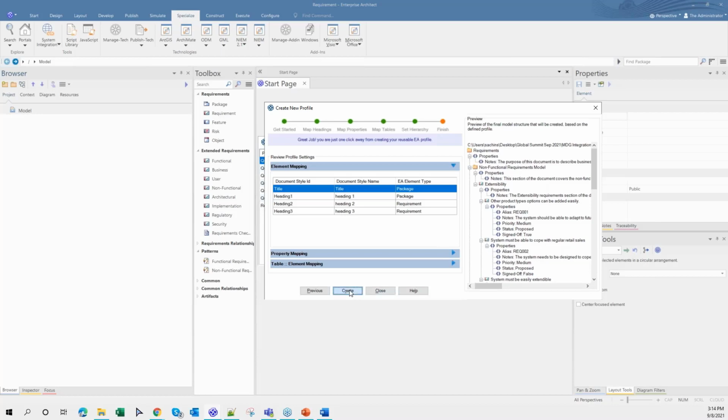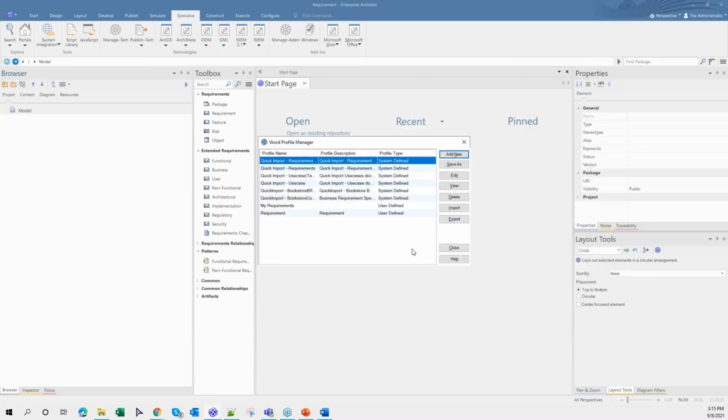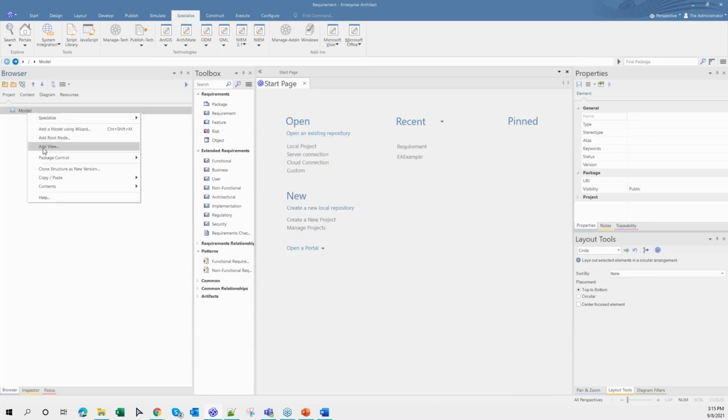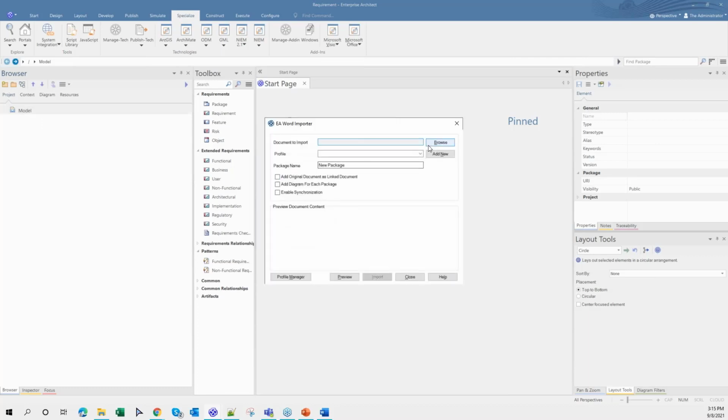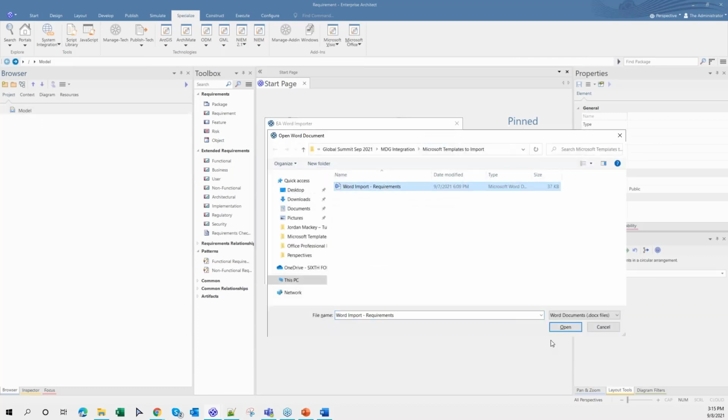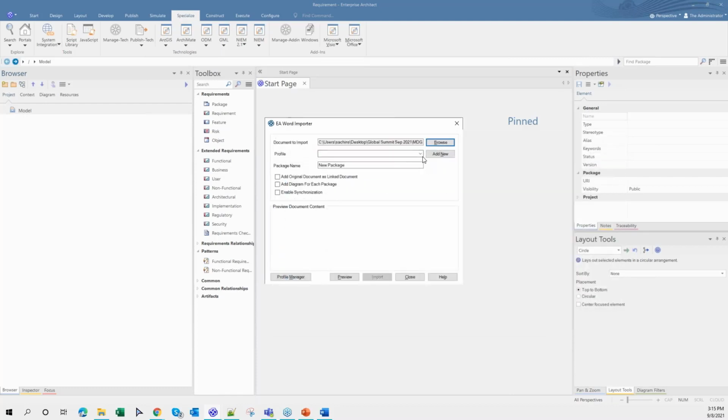So as a first step, the profile is created, and the very next step is to import your Word document into EA. So again, I'm just selecting the root node, Microsoft Office, import a Word document, selecting my source document